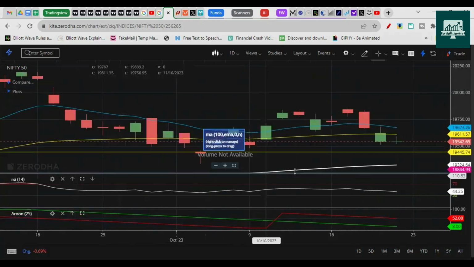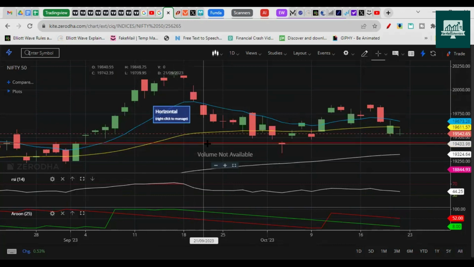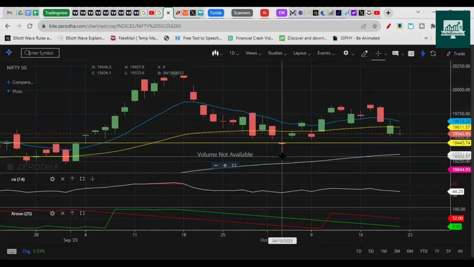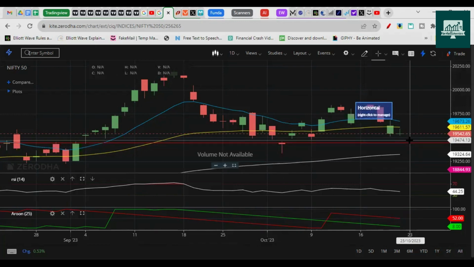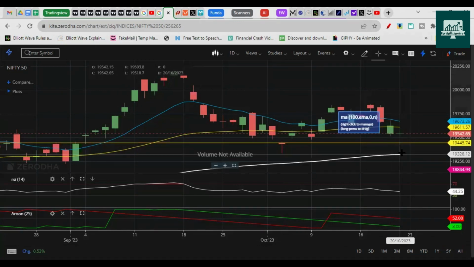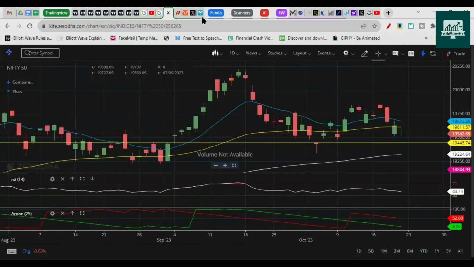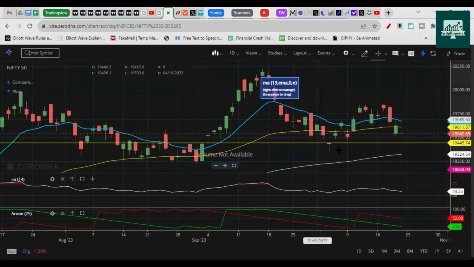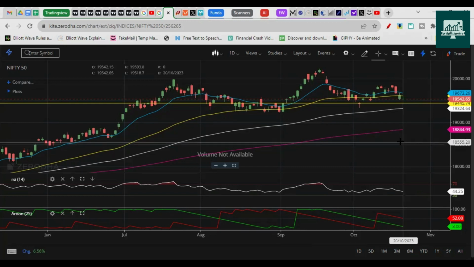I'm also giving analysis based on Elliott Wave, right? So let's check the Elliott Wave and try to understand what is happening. As per this chart, we can say that there is support at 450. That is also broken. It can slip downside, and if it breaks 19,333, we will have a deeper drop on the downside. So be ready for that, right? But we don't expect it to be very big. The 18,800 to 500 zones are possible on the downside.